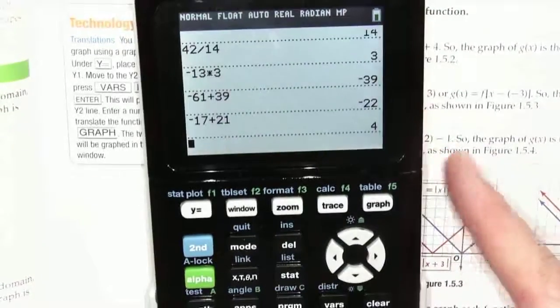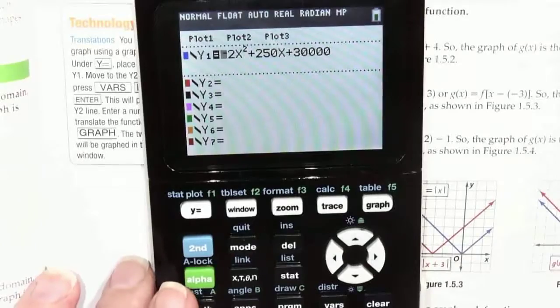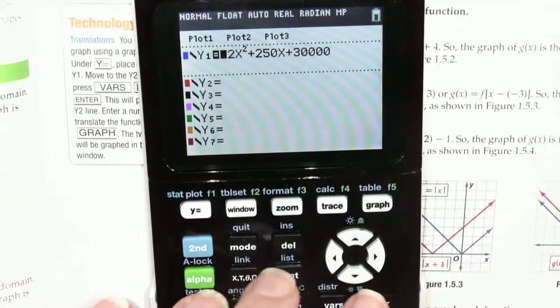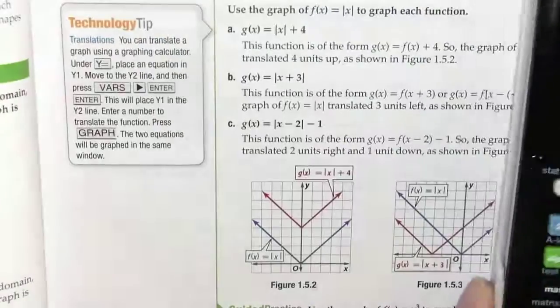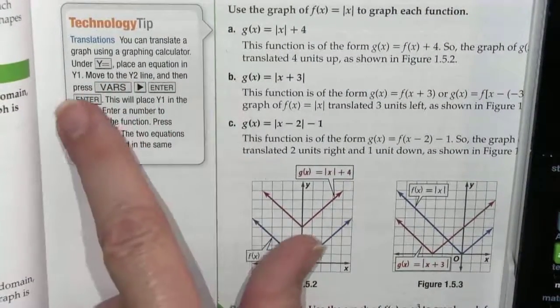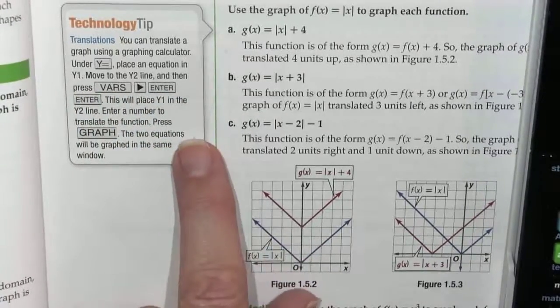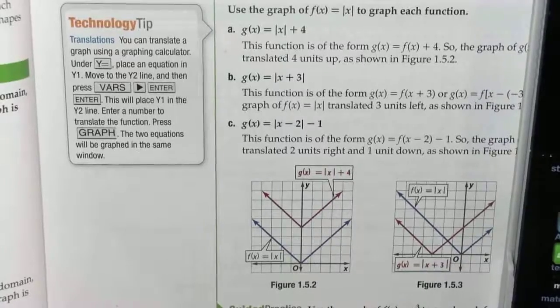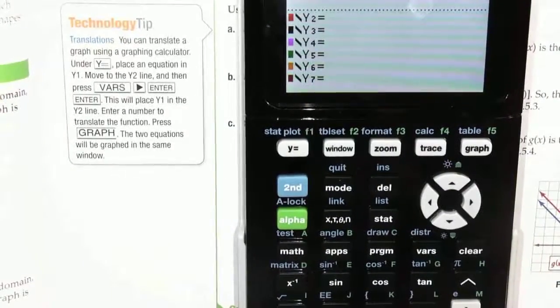Okay. Let's go here, and I don't know what classes last used these, so I don't remember who that was. It may have been you guys. I don't know. So clear out your list, and under the y equals button, place the equation. Okay, so let's do y sub 1 equals the absolute value of x. So we need to